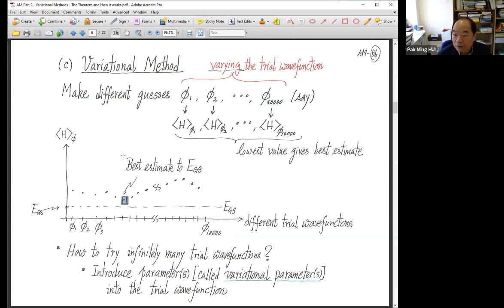That will be, for your 10,000 trial wave functions, the best estimate. So, do you follow this idea? Keep on trying. The lowest among your results will be the best guess. Isn't that simple? 得唔得？行不行？OK 唔 OK？